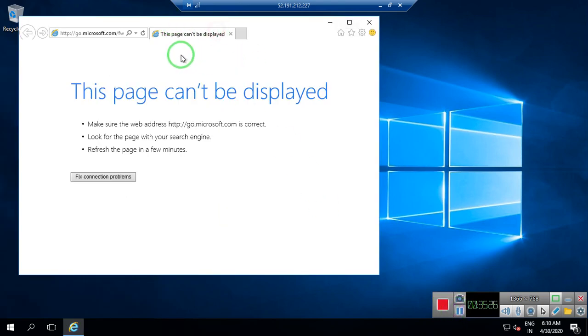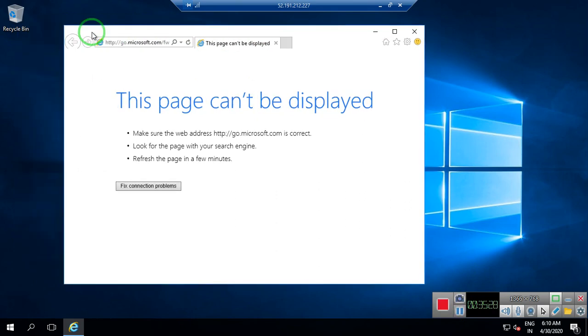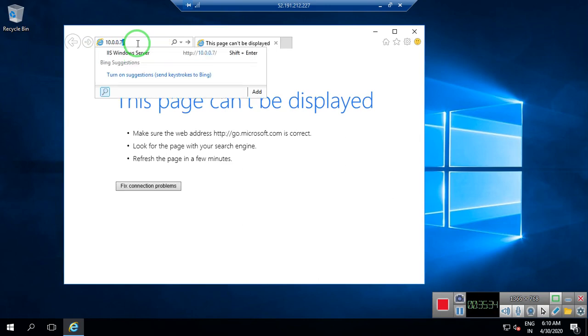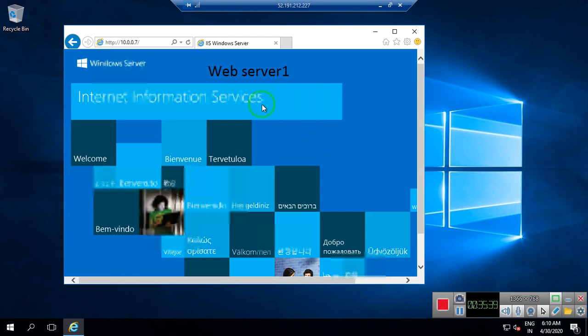I click on this, and my load balancer IP address is 10.0.0.7. I hit enter over there, so you can see where the request goes. The request goes to web server 1 now. It's 6:10, and when I access at 6:10, it goes to web server 1.